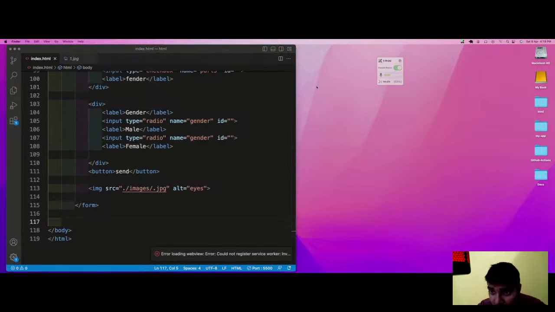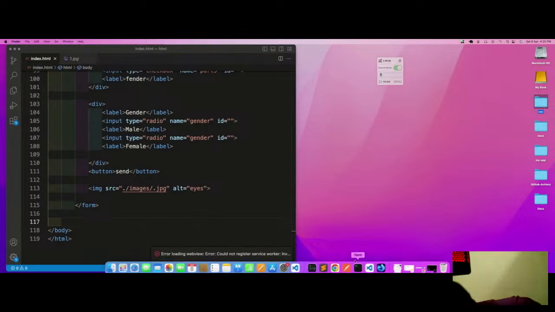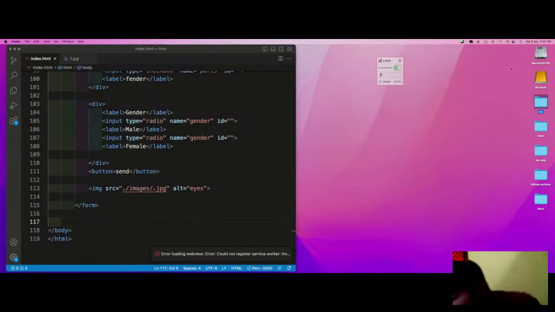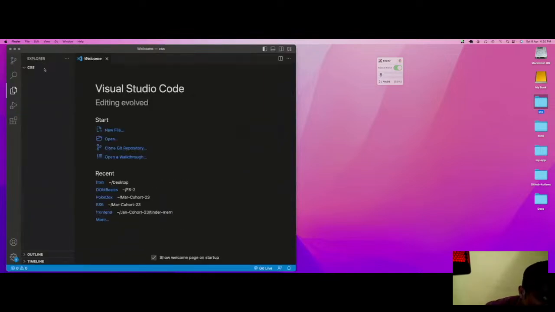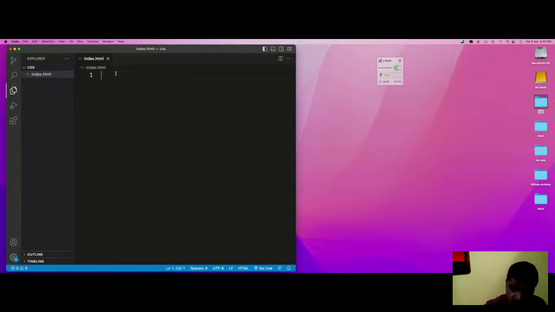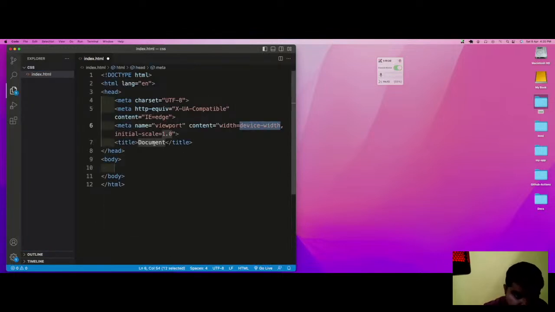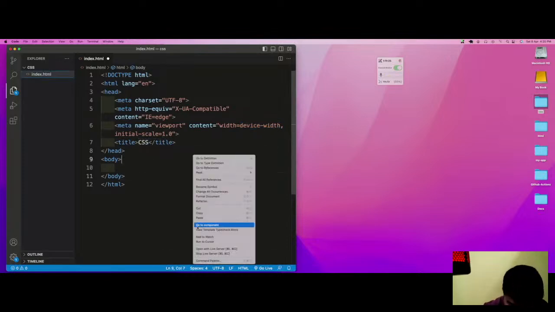Okay, so what I will do here, let me create a new folder. So we have index.html, and again we use the same thing, Emmet, and open this with Live Server.